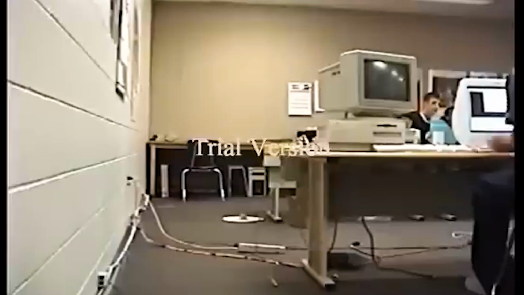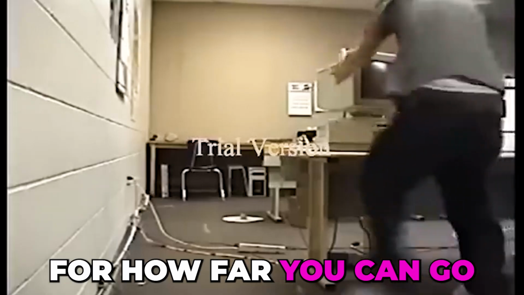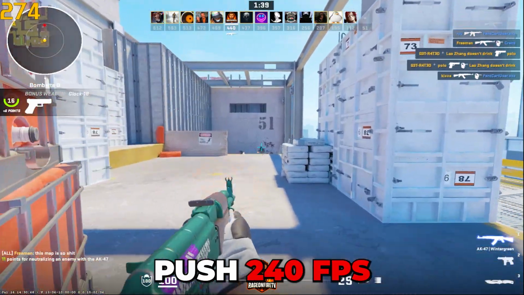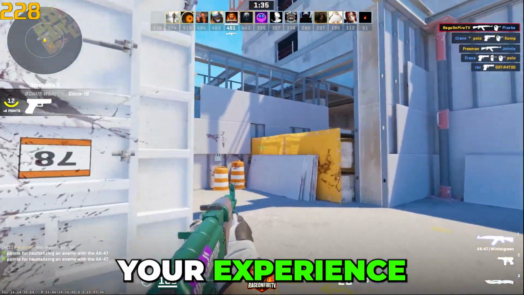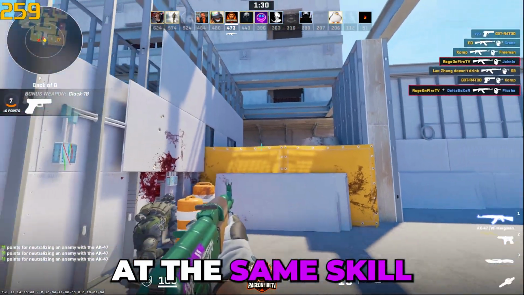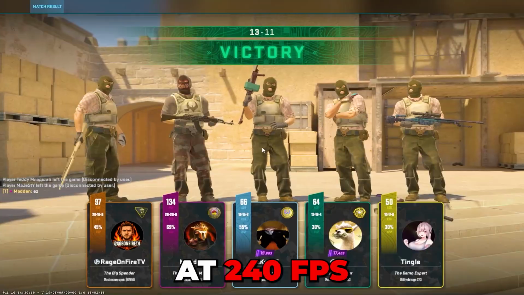Hardware. Before you even load into a match, your hardware sets the ceiling for how far you can go. You need a machine that can consistently push 240 FPS. Why? The higher your frame rate, the smoother your experience, and the faster your reaction time. This means, assuming you're at the same skill, you'll convert more kills than the enemy who isn't playing at 240